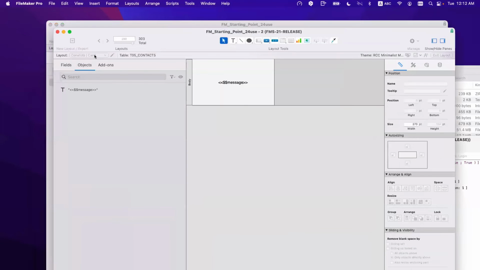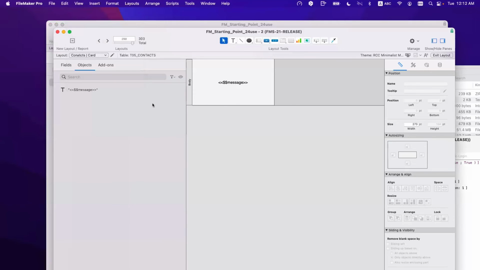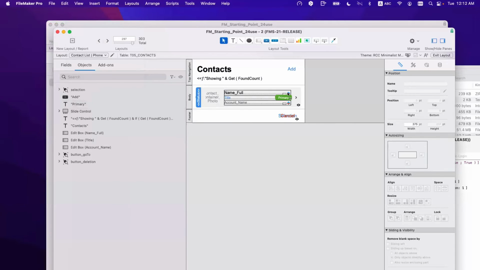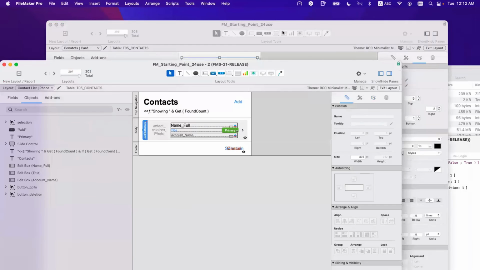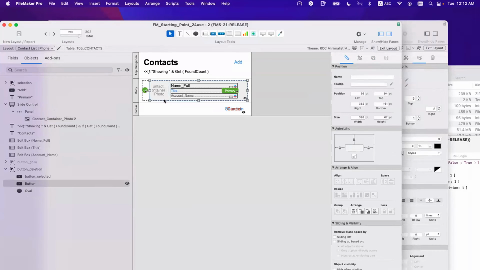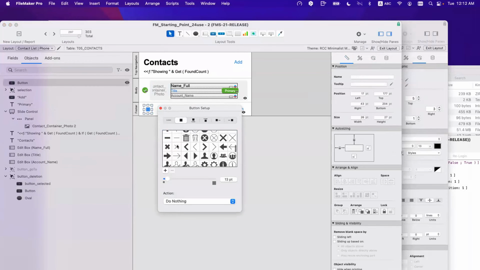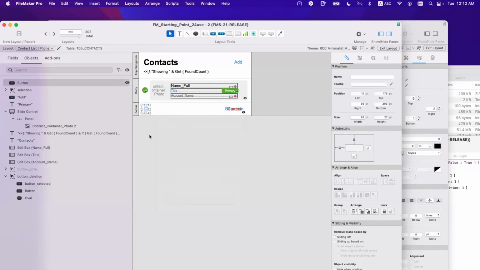I can go back to my contact list phone, right? And I can continue my deletion stuff, right? So I'm going to hide this group, and I want to delete the selection. So here you have a little icon with a trash, right? So of course,